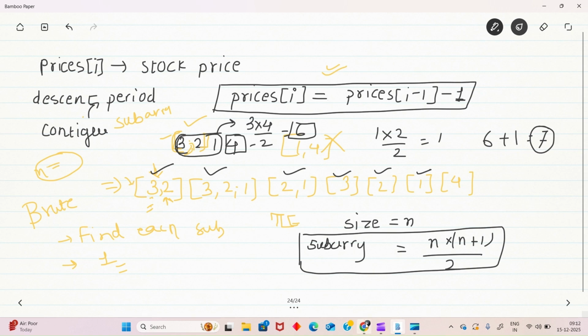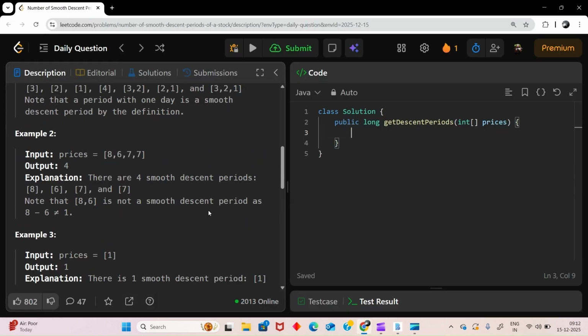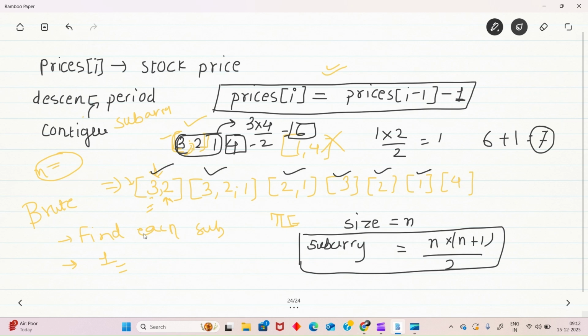I'll explain with one more example. Let's take 8 6 7 7. I'll use two pointers, though I don't really need to. I'll take 8, and initially my size is 1. Next is 6. Is 8 minus 6 equal to 1? No, it's 2. So I will add to our answer 1 into 2 by 2, which is 1, plus